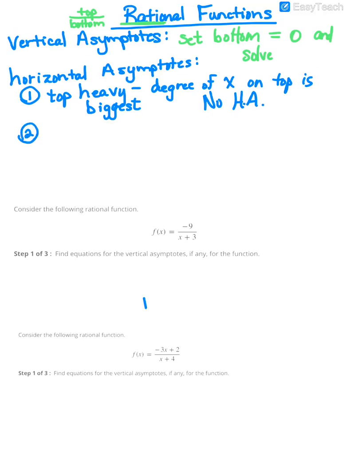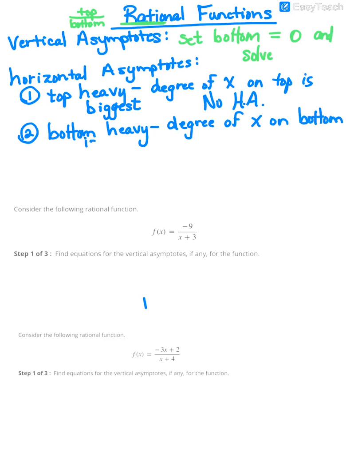The second case is the fraction could be what we refer to as bottom heavy, meaning that my degree of x on bottom is biggest. So again, degree is the highest power of x that you are seeing. And if that is the case, we say the horizontal asymptote is y equals 0. And it is important to note you have to put the y equals as part of the asymptote